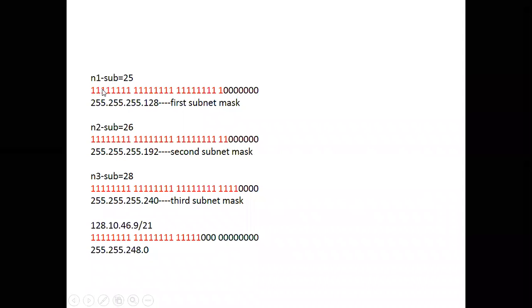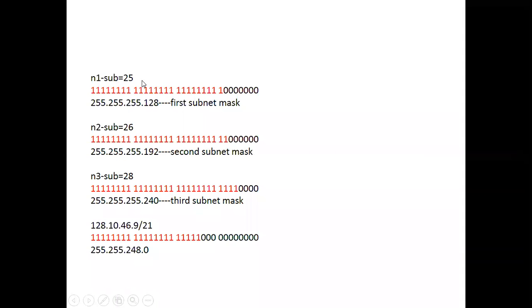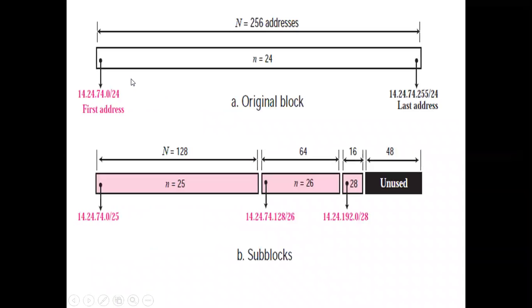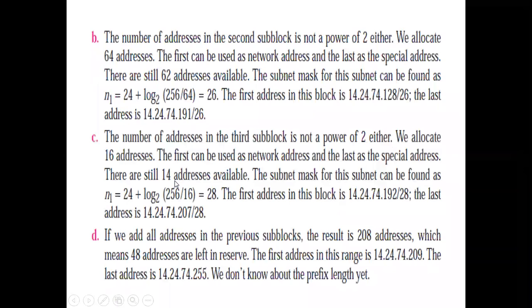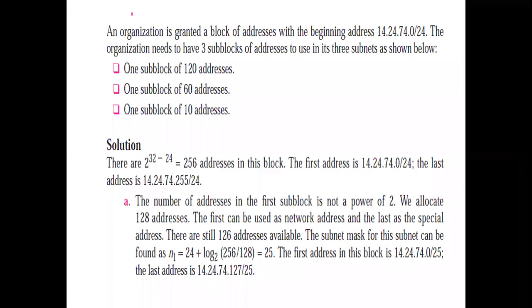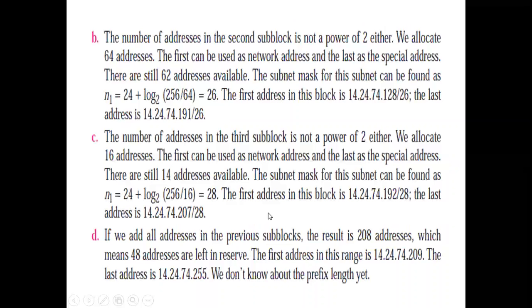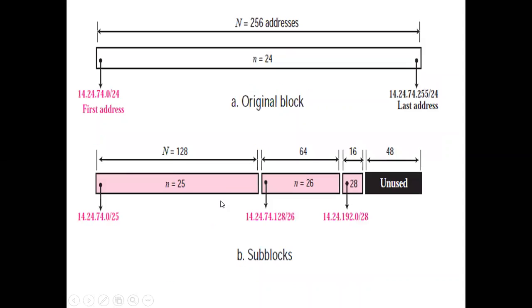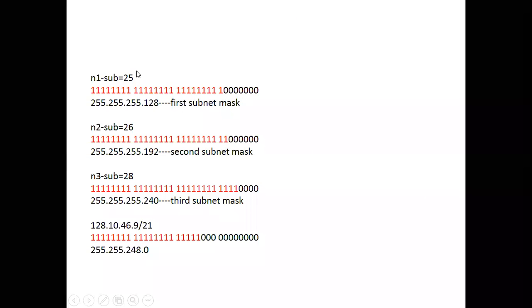With this specification, you may have to calculate the individual network mask also. So you can see it here, the first subnet's network mask. It is 25. Why 25? See this diagram. You have n equal to 25. How did you get it? Please recollect the point. You got the 25 value here. Here you got 26 after calculation. Here you got 28. So now in the problem, you will also have to calculate the subnet mask.